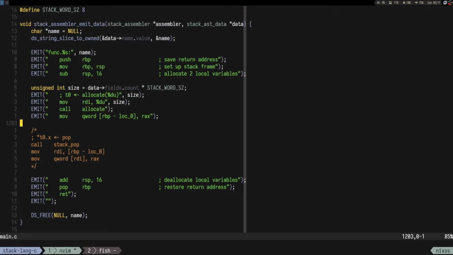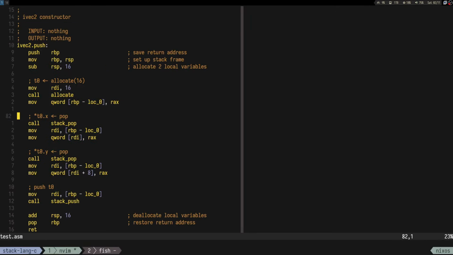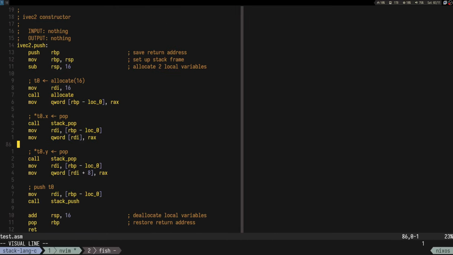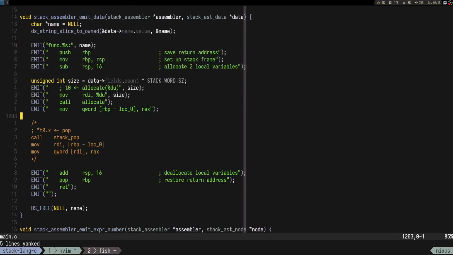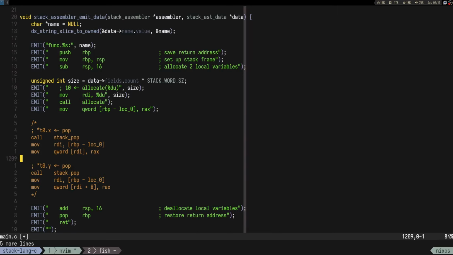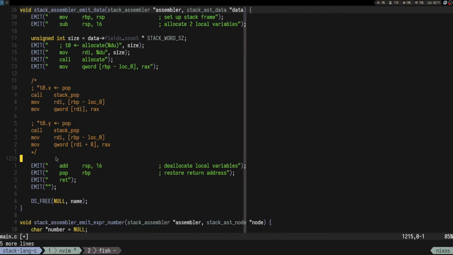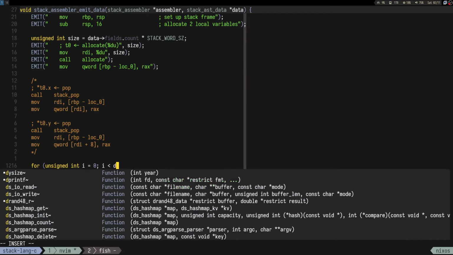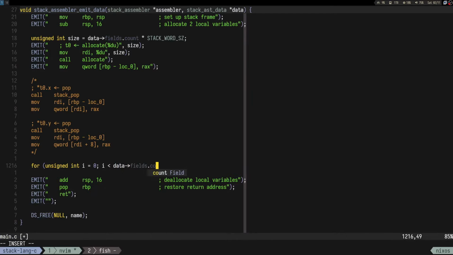Now it's interesting. In this example, I had to store them in the reverse order, so we'll have to think if you want to switch them around or not. But yeah, and then the second one. So just to see the example, right? So now we have a for loop. For unsigned int i is equal to 0, i should be less than fields.count,